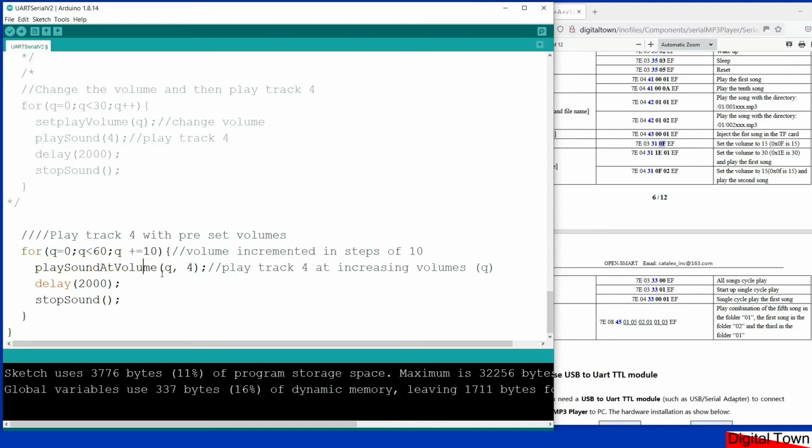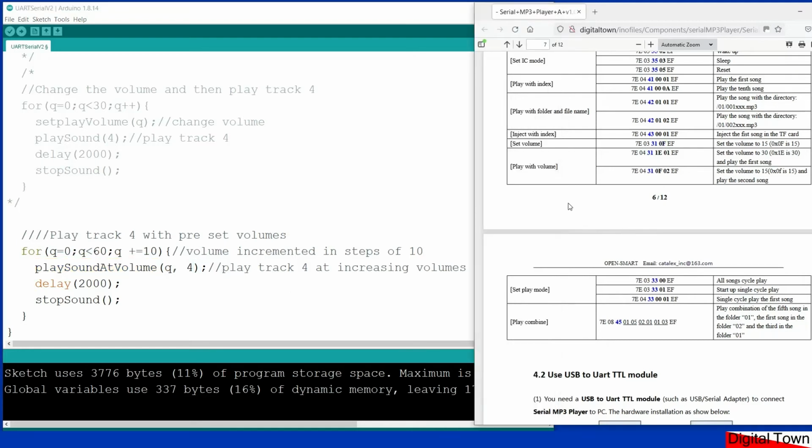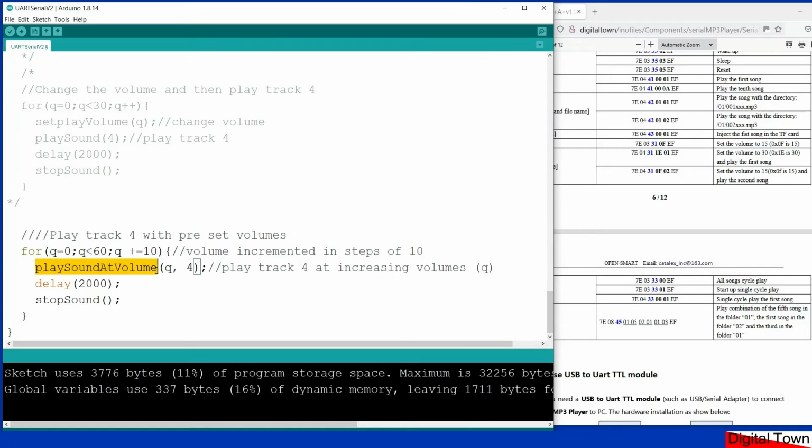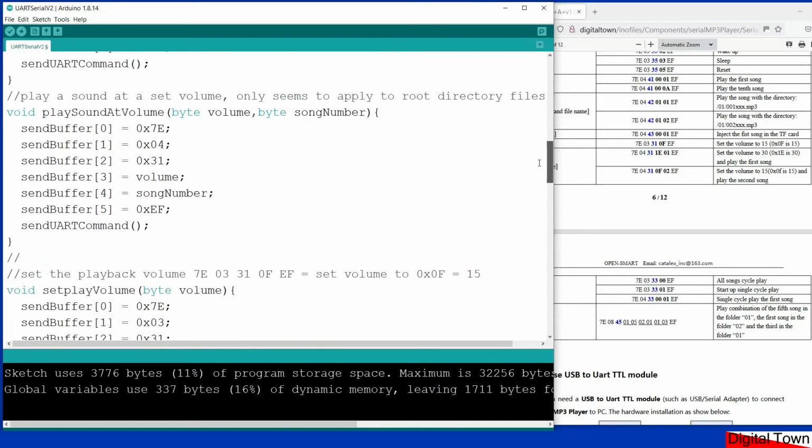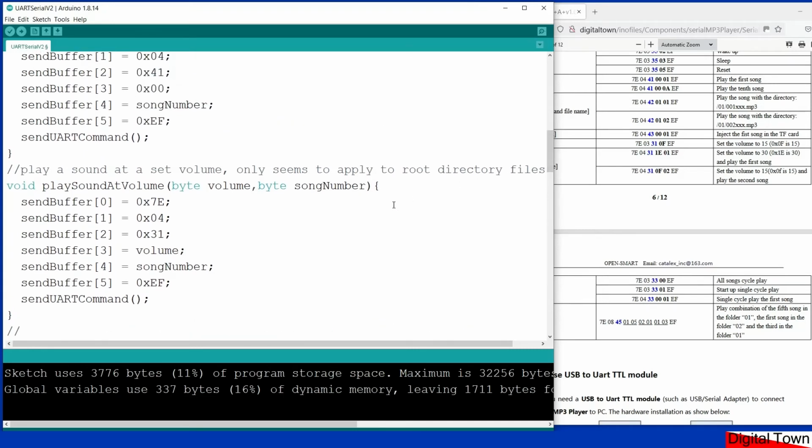So what this does is it uses a function here, play with volume, that not only sends the instruction as to which track to play, but also what volume to play it at. So we've got play sound at volume. What I'm doing is I'm always playing track 4, but I'm changing the volume each time I play it, and I'm actually incrementing this time in values of 10. So if we go up to the function for this,